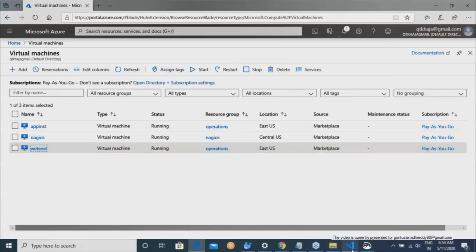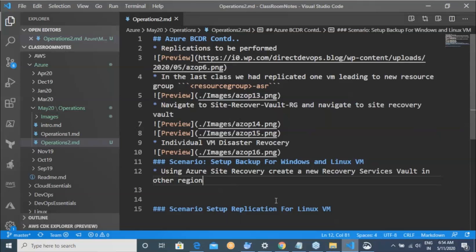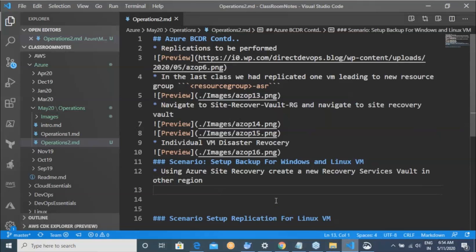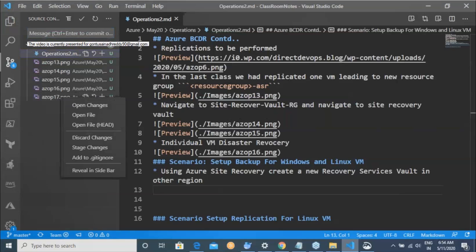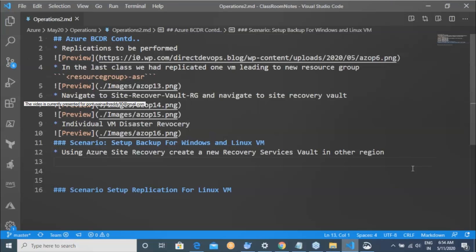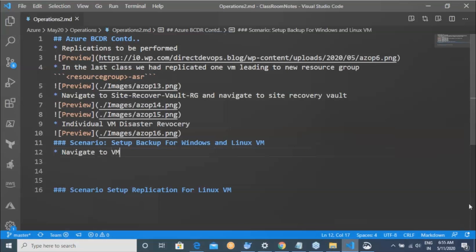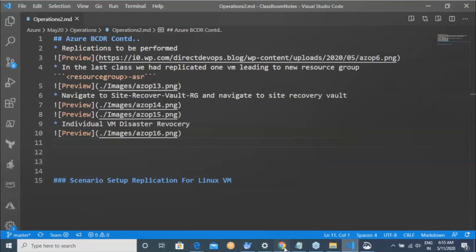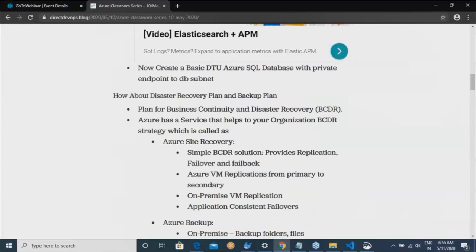All right. So create a new one using Azure Site Recovery Vault. Let me do one thing. Navigate to the VM. I think in the last class itself, we have done this, right? We have shown the UI over here, Azure Backup.